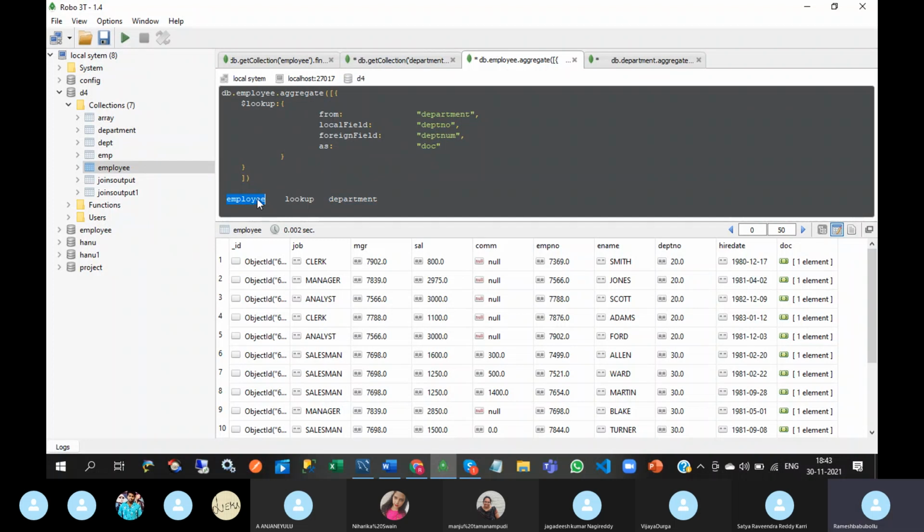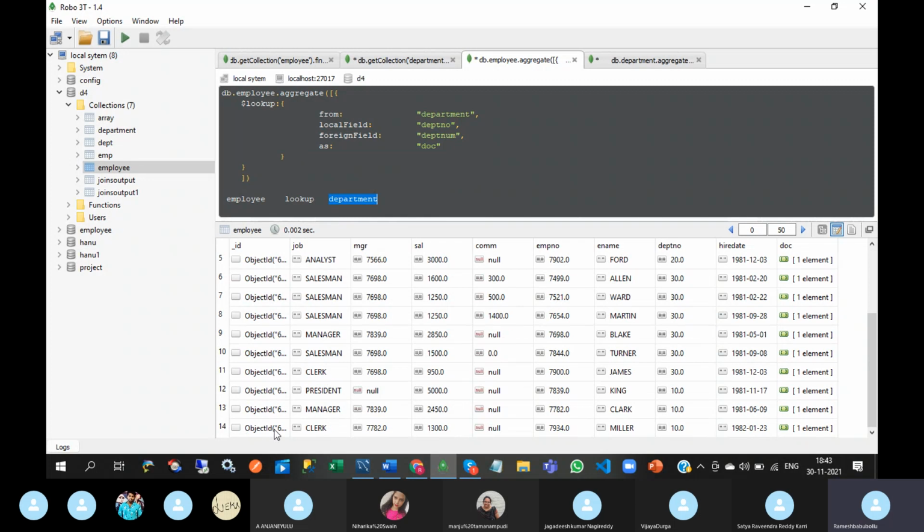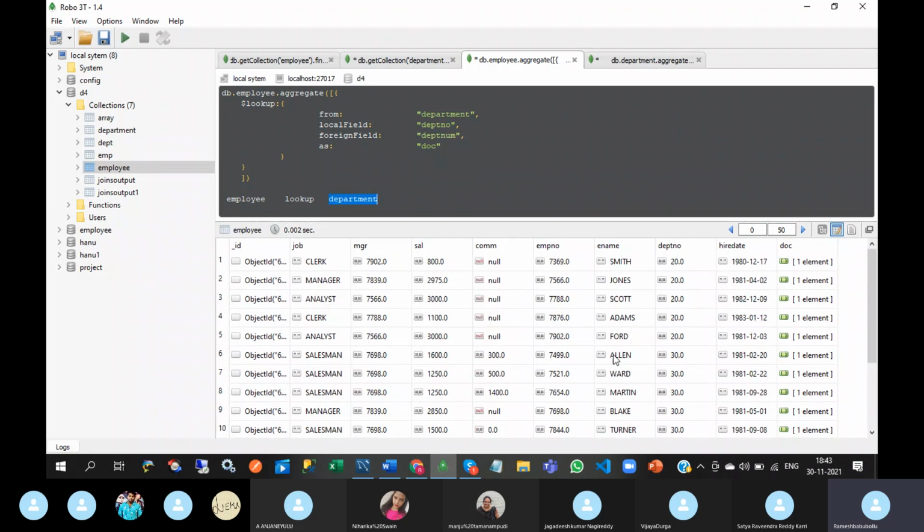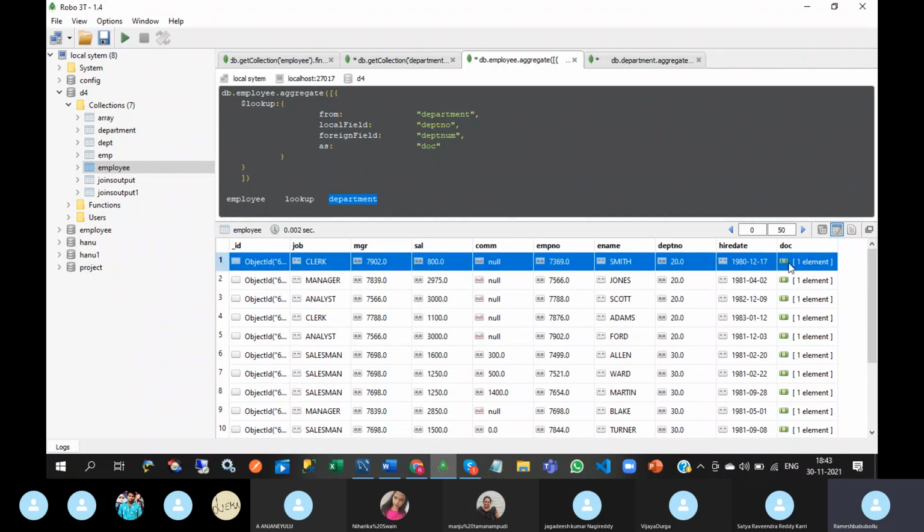That means this query will display all the documents available in the employee collection along with the department documents. That's why you are getting 14 documents, whatever is available in the employee collection, and each document has some department details which come from the department collection.